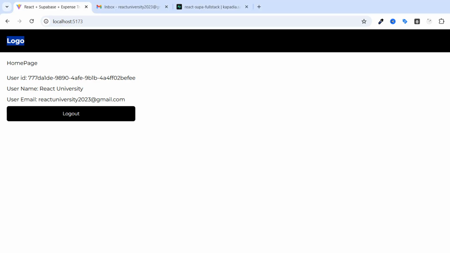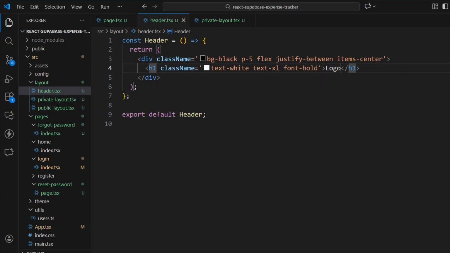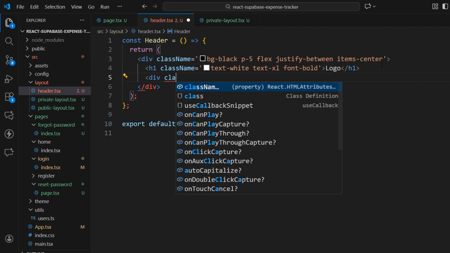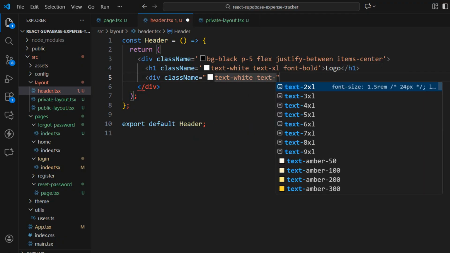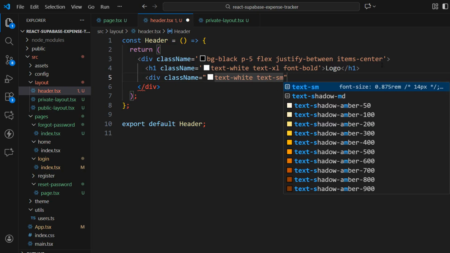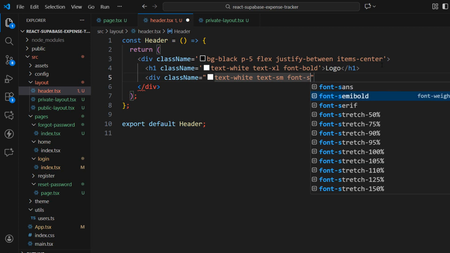Okay, so logo, and on right hand side I'm going to add the username. Okay, and the menu icon. So once you click on the menu icon, we will open the sidebar. That we will do in the coming up lectures, but let's add the username that is going to be static right now. Then we are going to be doing it dynamic in the next video. So here after the h1, I'm going to take a div className, that is going to be text-white, and text size, that is going to be small, and font, that is going to be semibold.